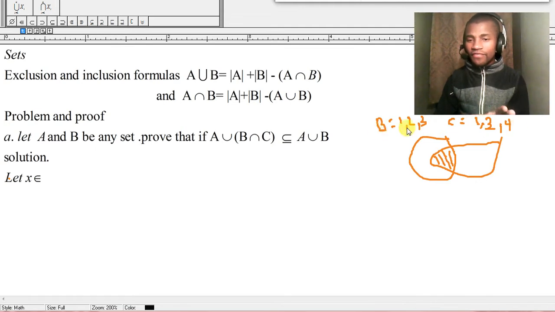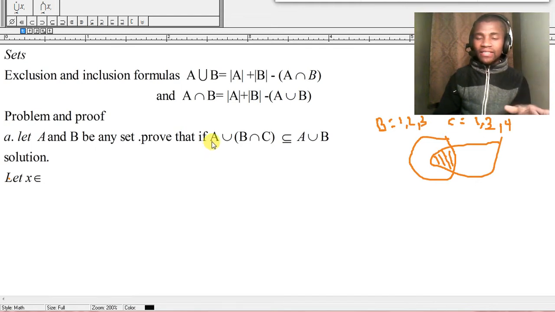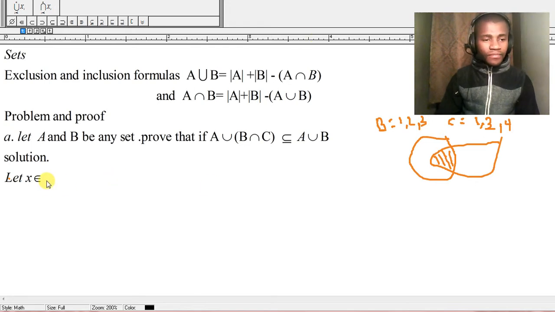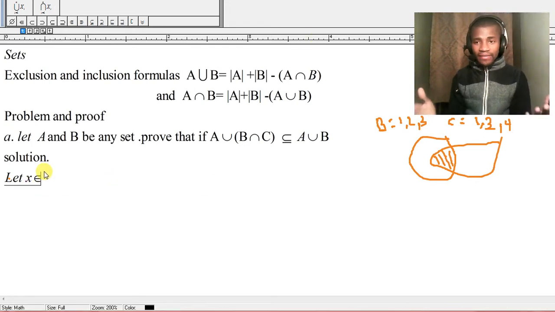So if we look at this and link it to the question that we are given, then we can know what's going on, or what the person is trying to ask from us, or what we're supposed to answer. So let's go ahead without wasting time and try to prove that we know what is going on. We say, let X be an element of